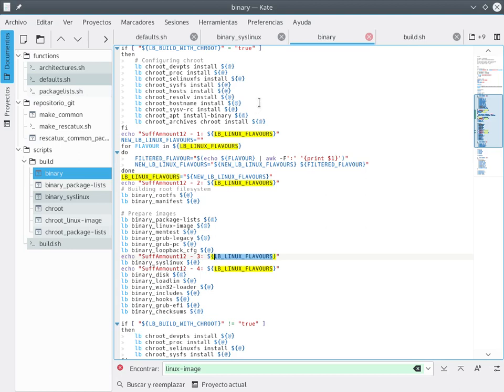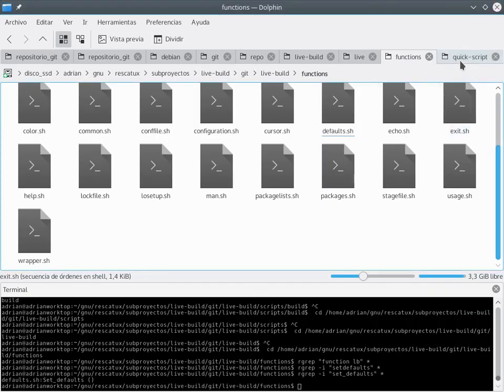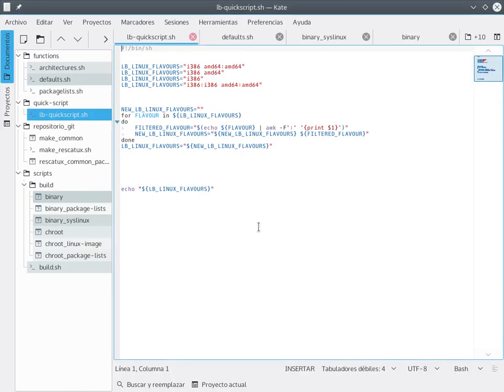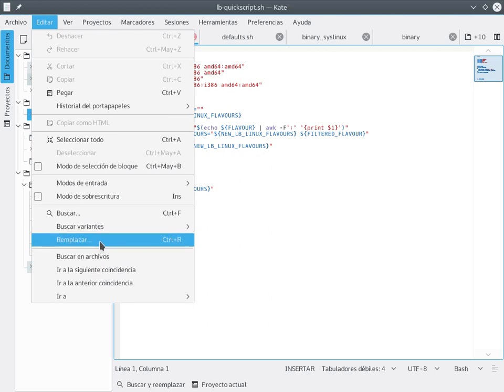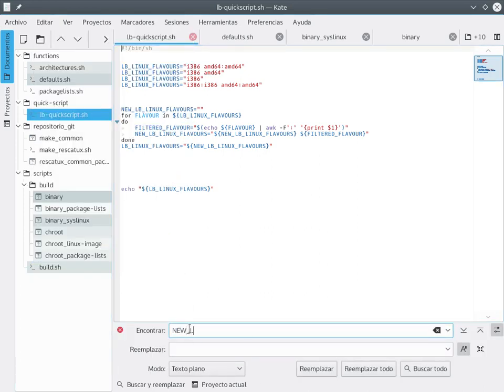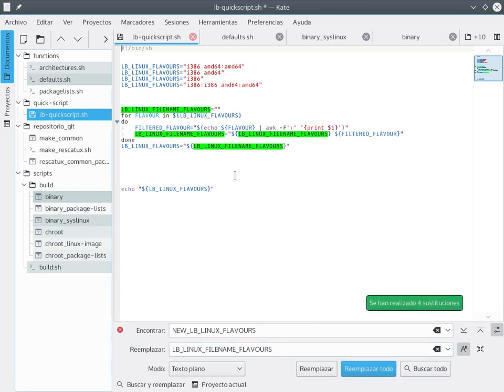So I'm going to open, so that I have it handy, this quick script file that I did before. Okay. So now the idea is to have this. Okay, so the new variable is not a new LB_LINUX_FLAVOURS, but LB_FILTERED_LINUX_FLAVOURS, or maybe file Linux flavors, Linux file flavors, file name flavors. Okay, so